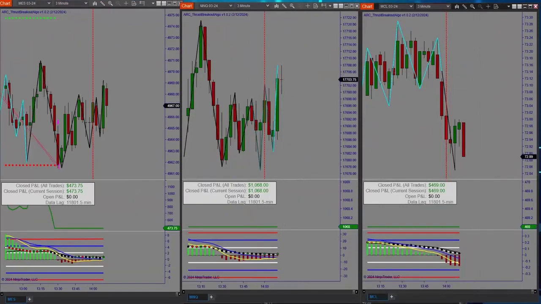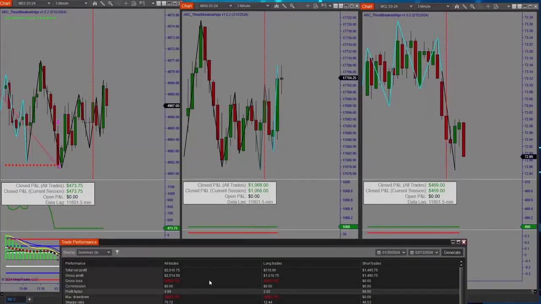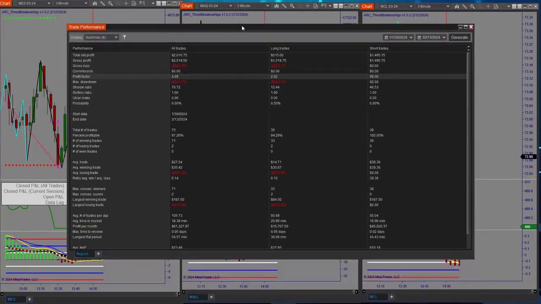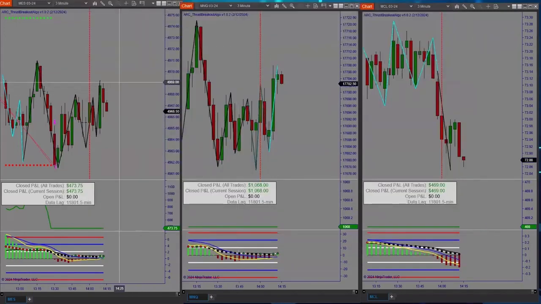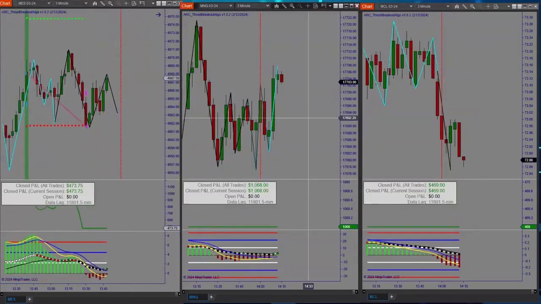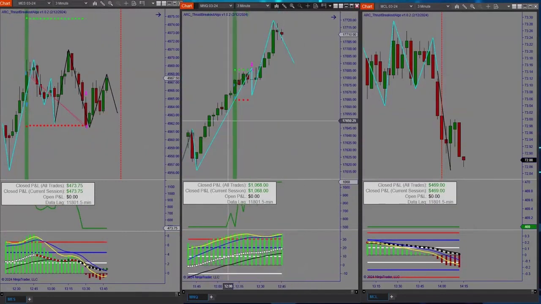So, when you combine it all together, I'm a fan of trading a basket of different markets. That way you don't have a one-trick pony. You can have it trade on multiple markets, and every day can be a good day. So, looking at it here, obviously not 73 trades, but good profit factor, good money on the table. So that is a quick overview of how the algo works. Again, finding the patterns for you and trading them, rally, base, breakout. There's the trade. It really is that simple.